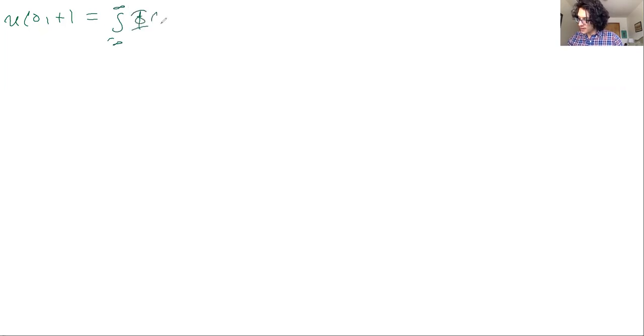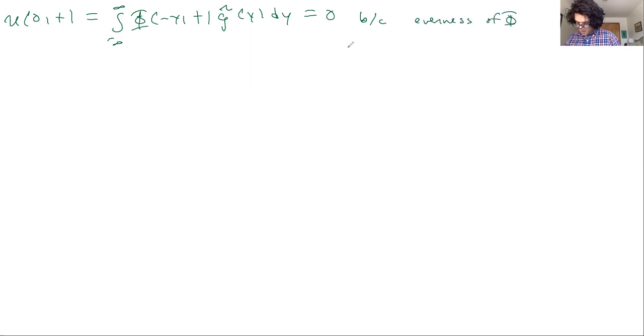Well, that's going to be the integral of phi of minus y, t times g tilde of y dy. Okay, this is 0 basically because of evenness of phi, okay, and oddness